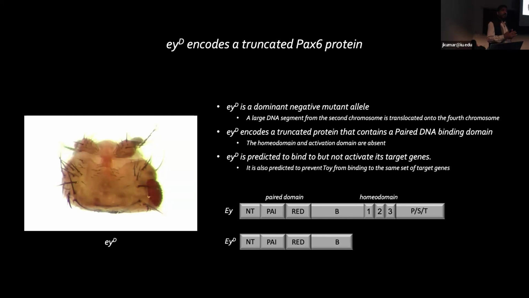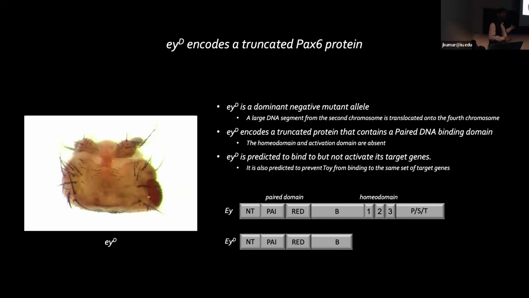But I just told you that the Eyes Sus loss of function mutants actually have no phenotype. And during ocellar development, when twin of eyeless is specifying its fate, Eyes Sus is completely retracted. So why do you get this ocellar phenotype? And it has something to do with the type of mutant that we're actually looking at. So it turns out that this is a truncation mutant that kills one of the 2 DNA binding motifs, and it gets rid of the activation domain. So all that's left is the paired domain.